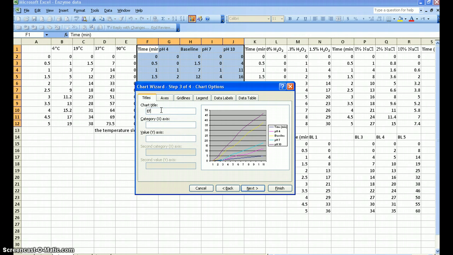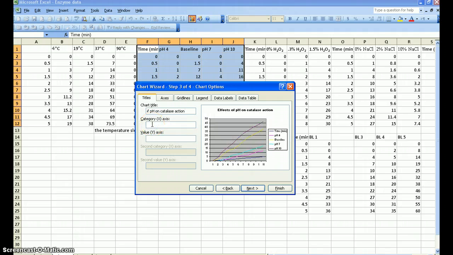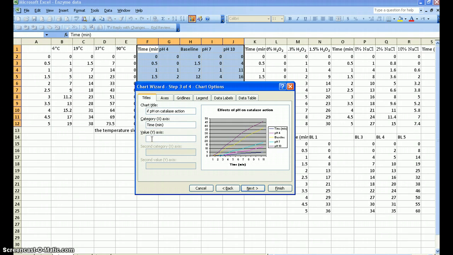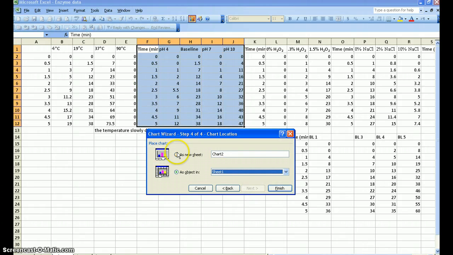Chart title, effects of pH, and it is capitalized H, on catalase action. Any letter that needs to be capitalized for a reason other than being at the first part of the sentence needs to be capitalized. X-axis is time, units is minutes, Y-axis is oxygen produced in milliliters. Next, new sheet,